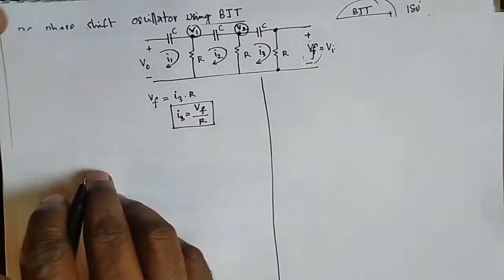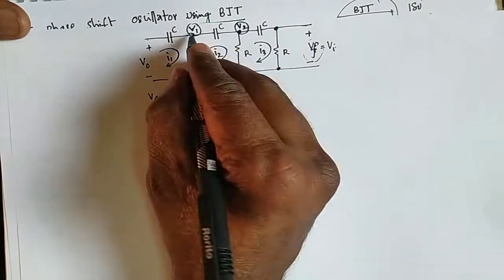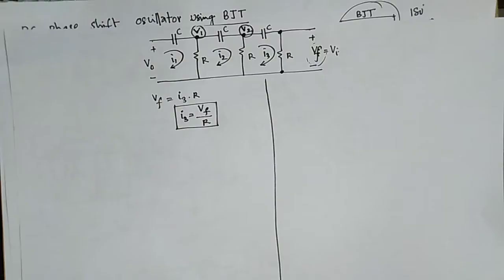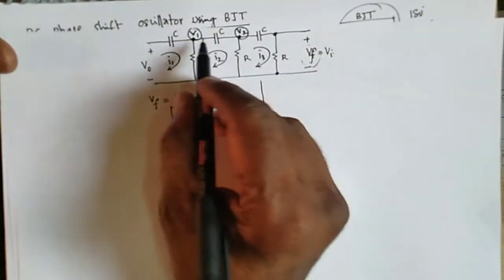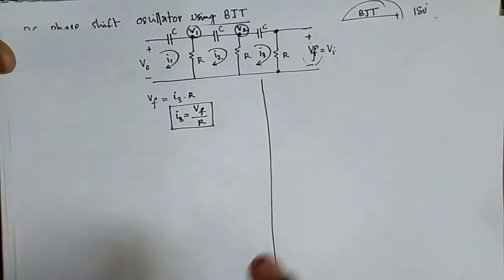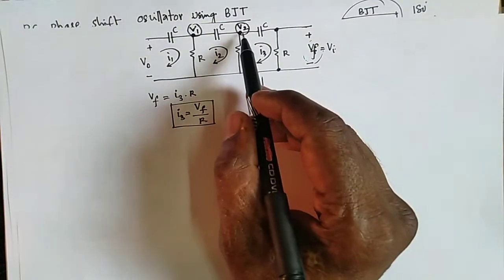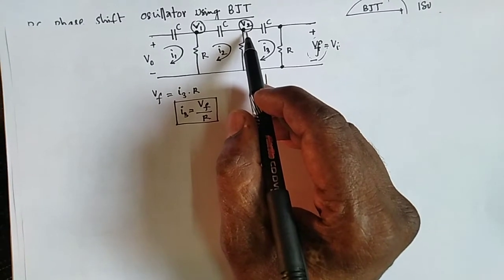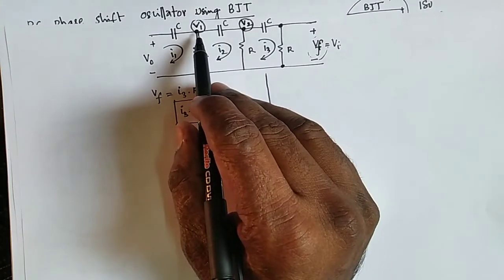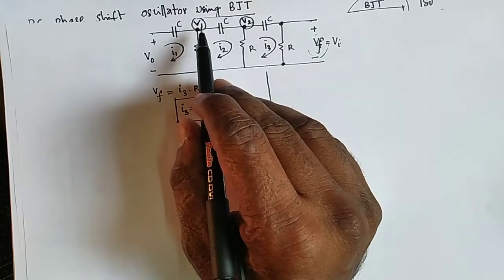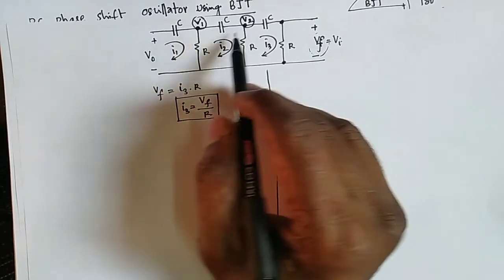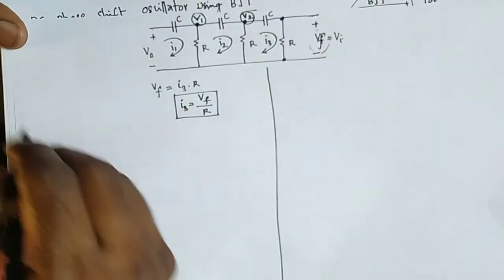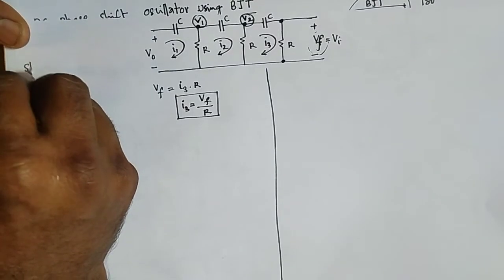Vf by R value. Now we have 2 nodes, V1 and V2. Based on a simple technique, you can calculate the entire function. The technique is to apply KVL and KCL at the V2 node, and similarly apply KVL and KCL at V1. Then only will you get the entire output function. So first one is step 1.